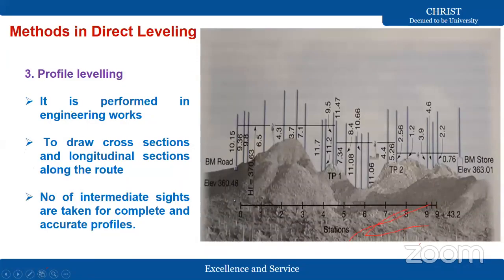Along this profile, I am going to take from the zero chainage to some 9 kilometers. In between, this is the route. Perpendicular to this one, I am going to take the cross sections also at different chainages, like 0, 3, 5, 7. Like this, I am going to take cross sections, longitudinal as well as lateral, and you are going to take the RLs of the different points.